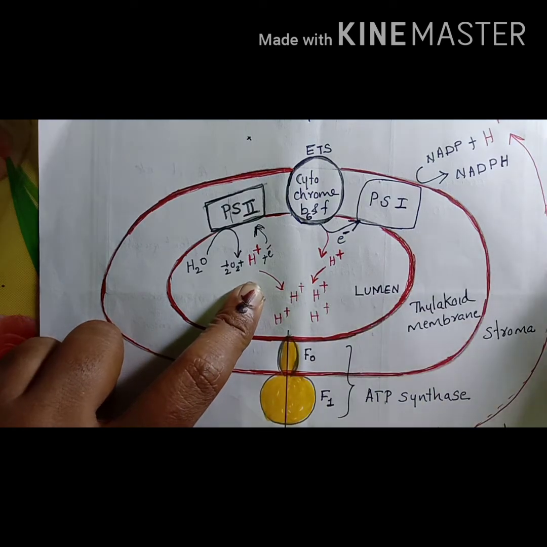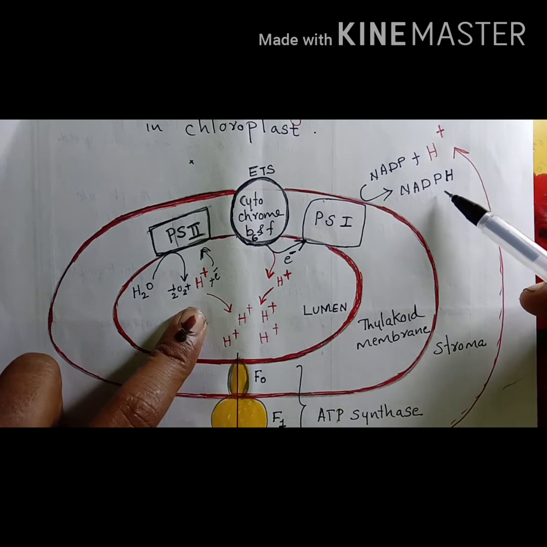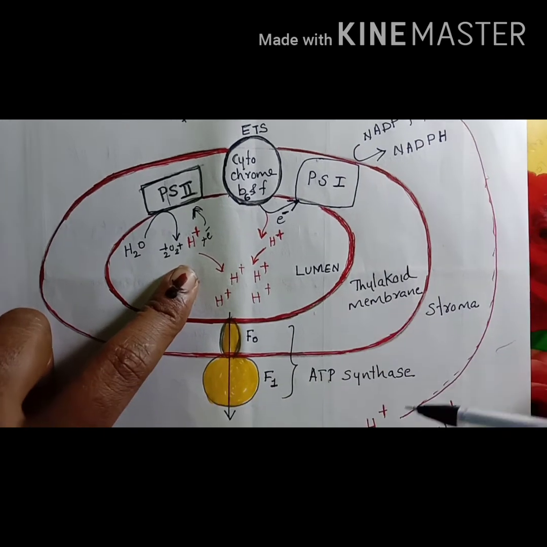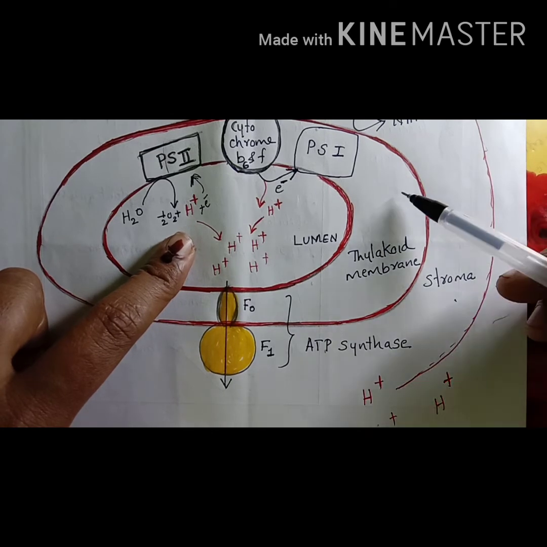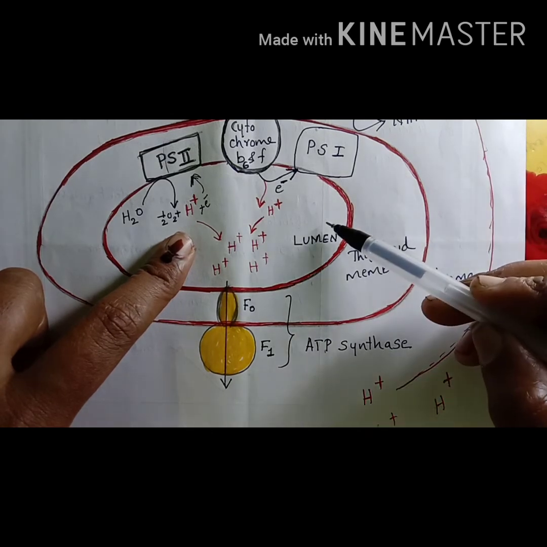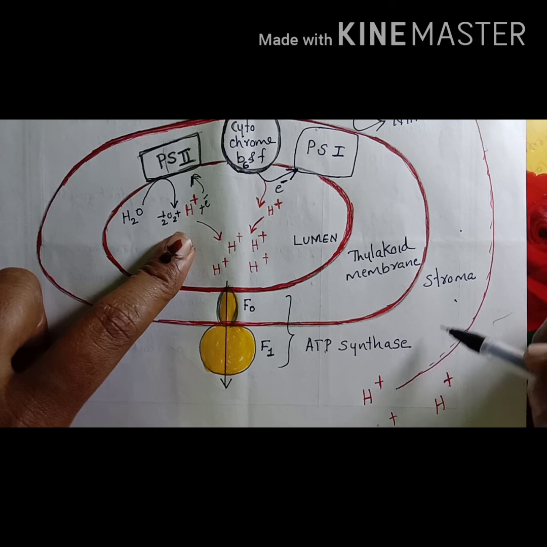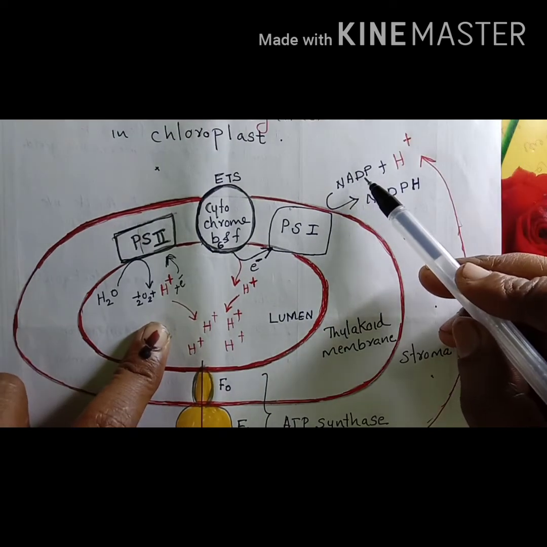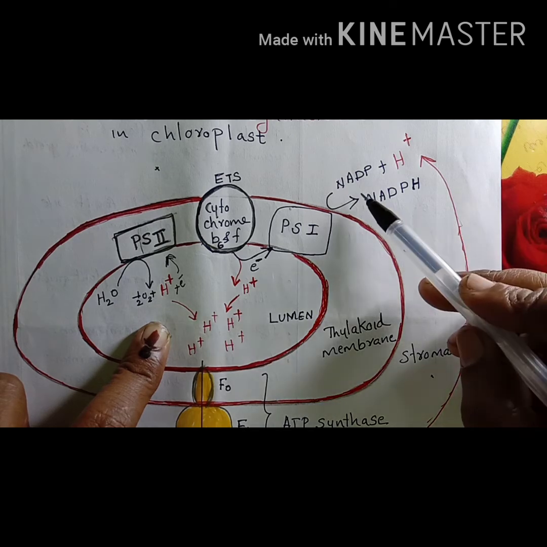So this is the second chance that brings the accumulation of proton inside the lumen. Then the third chance is, we know that NADP is reduced to NADPH by utilizing the proton which is present in the stroma portion, isn't it? So this is the stroma region. This is the thylakoid membrane. This is the lumen of the thylakoid. This portion is called stroma. The proton which is present inside the stroma region is utilized by NADP. NADP is reduced to NADPH.